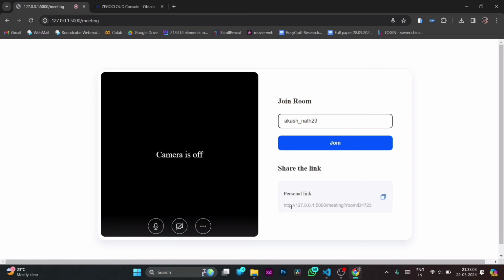Now as you can see here, there's this personal link showing over here, which is meeting, then question mark, then room ID equals to this room ID. All right, you can copy this, or else you can join now. And after joining, as you can see, it will look something like this, and this has multiple features,